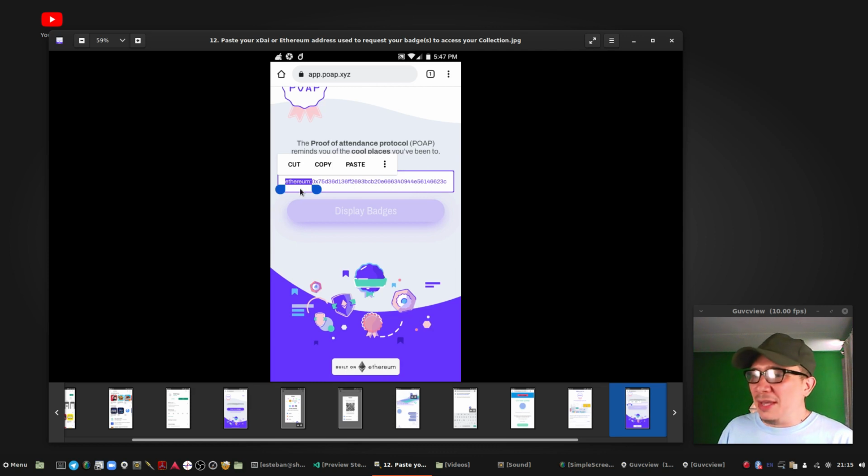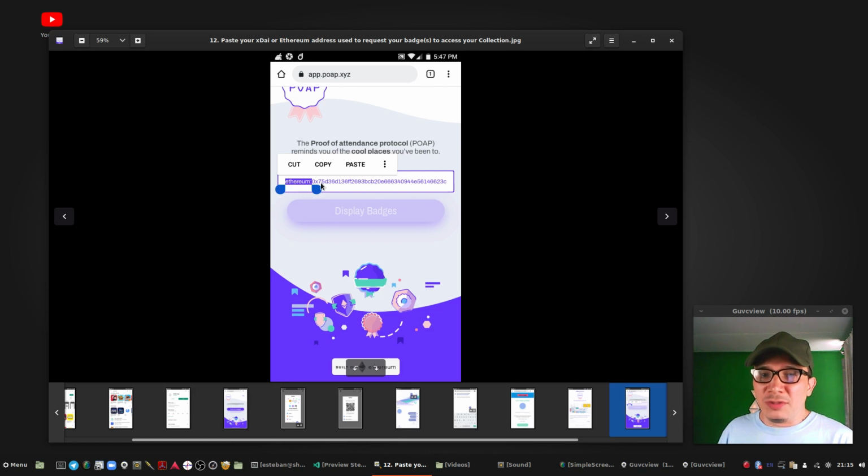In the case of the XDAI from Pokito, you copy it and you paste it, and there is this prefix Ethereum, because we're still in the Ethereum network, not the mainnet. I'm going to talk about this later, probably.